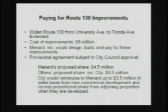In terms of paying for Route 130 improvements, I did want to preface this by saying we have a provisional working idea, but obviously it's all subject to your review and approval. So I don't want you to think that you're being cut out of the process by any means, but we thought it was wise to bring something to the table in terms of what we believe both parties can agree upon. What we're suggesting to council, which would again be formalized through an annexation agreement, is that